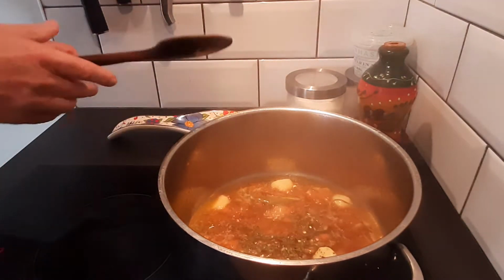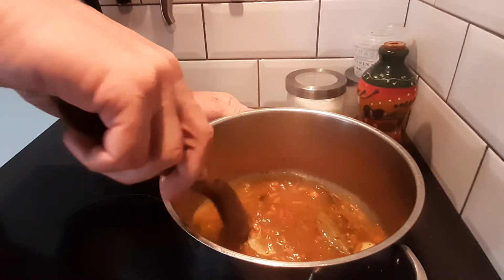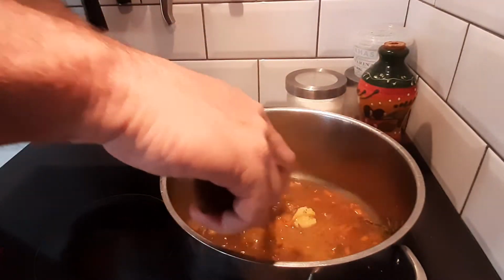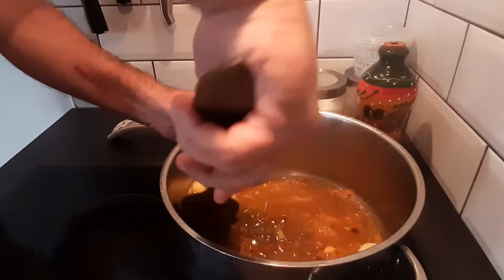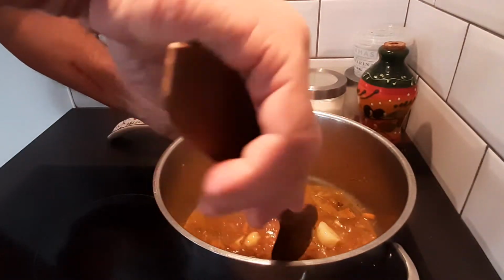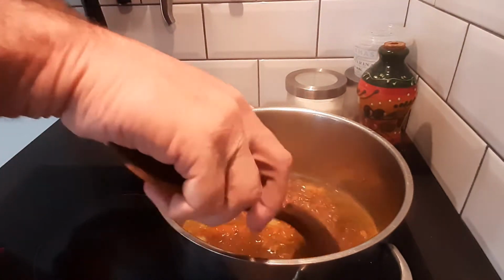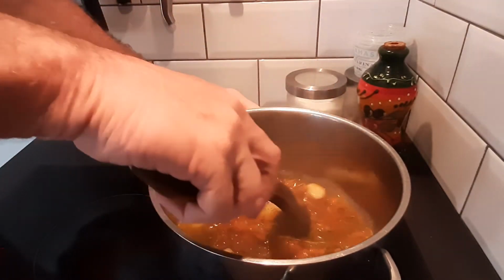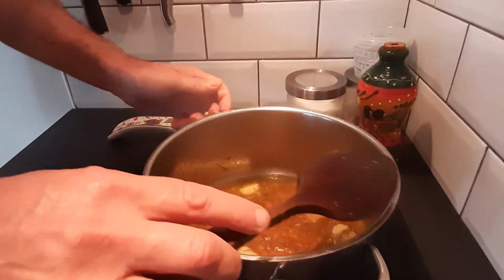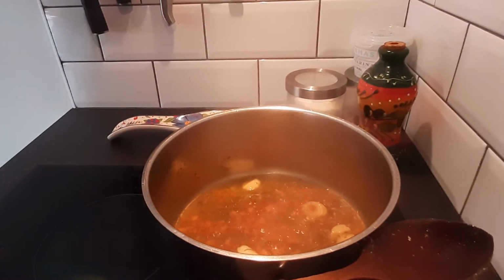Okay, so now this has been going for about 3-4 minutes. It already reduced quite a bit. The smell is out of this world. This is the basic Mediterranean ingredients. So good. Rosemary you can get anywhere. Put the stem in there, everything, it doesn't matter. You just remove it when you eat. So this is now, you can see, it's going. So what I'm going to do now,